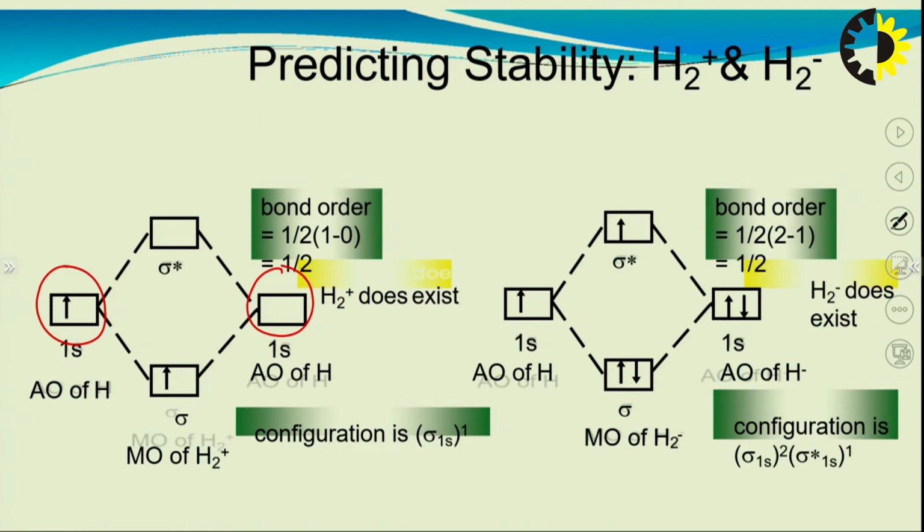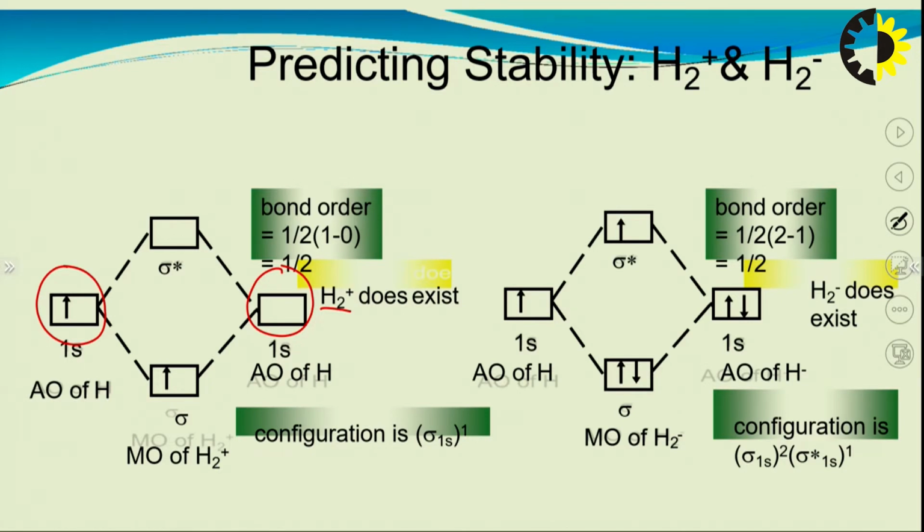When the energy and orientations are the same, so energies are comparable and orientations are the same, this hydrogen is going to overlap this hydrogen plus. That's why one electron has been missed from this place, and because two atomic orbitals are overlapping, two molecular